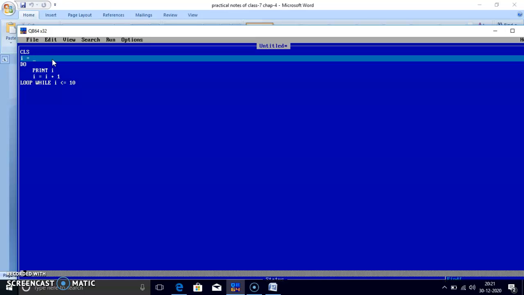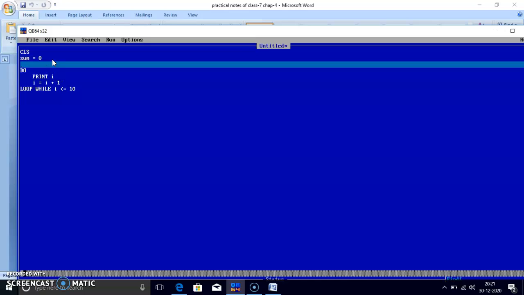We have to print from 1 to 10. First of all, sum equals 0. For sum we start with 0. For multiplication we have to initialize the value 1, because when we multiply any number with 1 we get